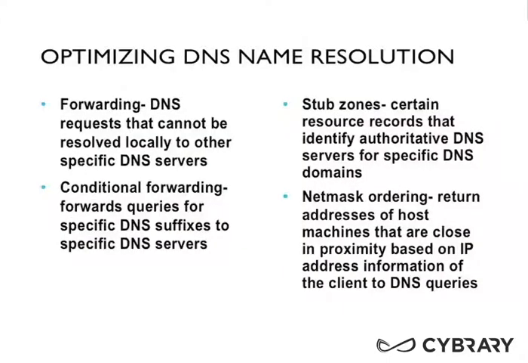Optimizing your DNS name resolution. Now, there are some features that we have in DNS. One of them is forwarding. If your DNS server gets a query request that it doesn't have the information for, you can configure it to forward it to another DNS server locally or to other specific DNS servers. So if a DNS server gets a name to resolve, www.microsoft.com, looking at it, it sees Microsoft.com is outside the domain. So it can forward it to other DNS servers such as the ISP DNS server,